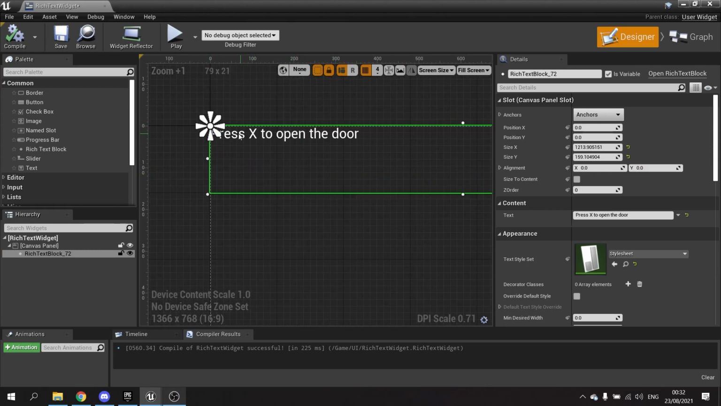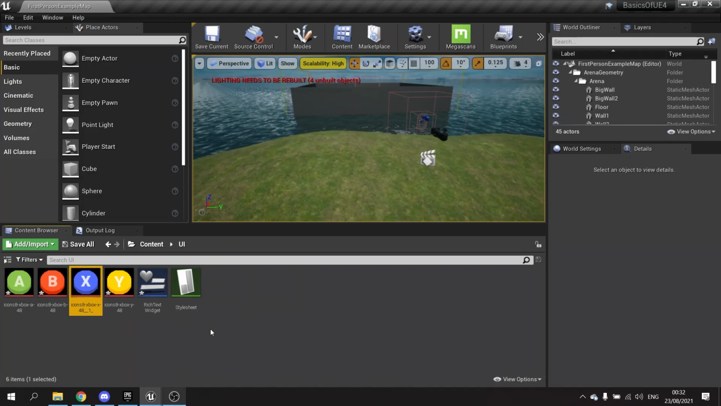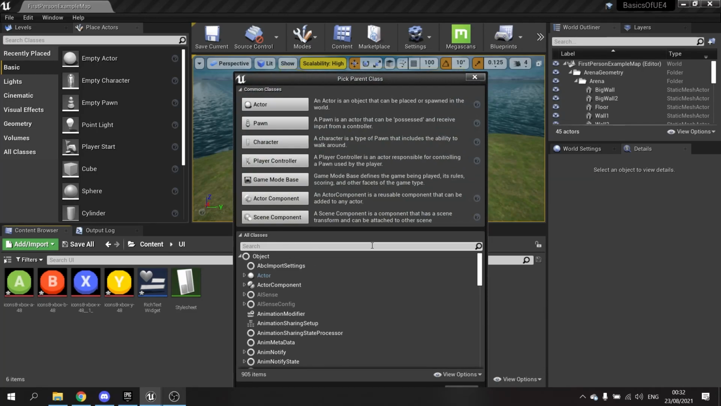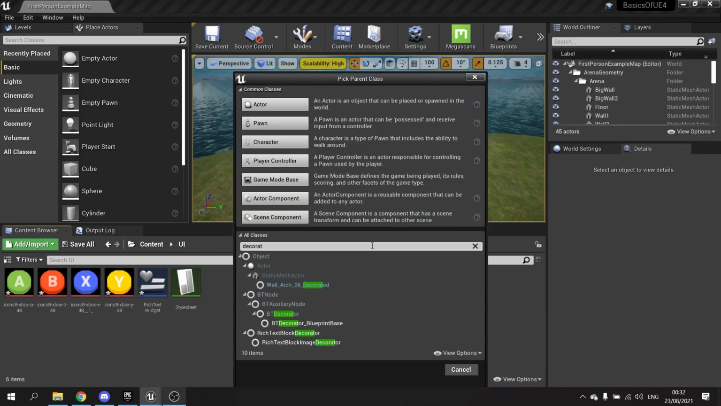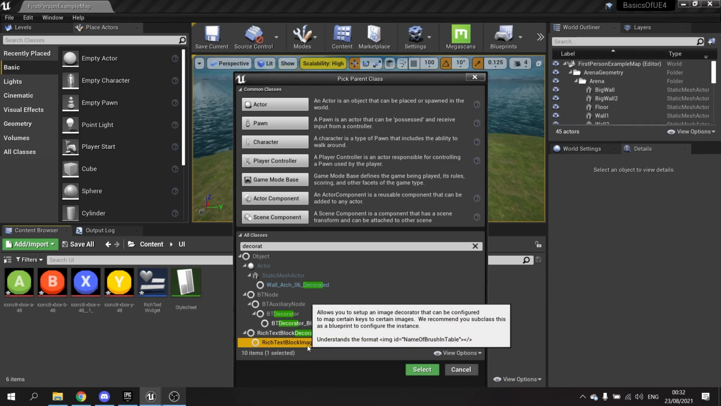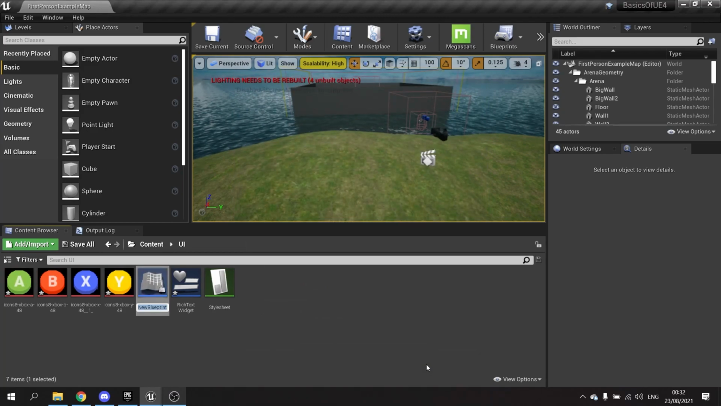But I want to replace this X here with this icon here. So how do I do that? Well, first of all, we have to create a decorator. So what you want to do is right click, go blueprint class, and you're going to search all classes down here for decorator. And you want this one at the bottom saying rich text block image decorator. Click select, and we'll call this one